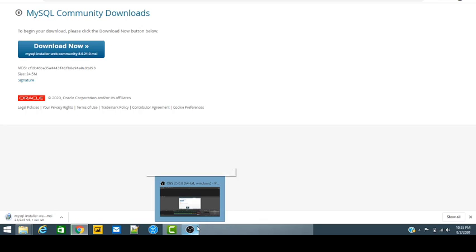So finally we got the page where we are going to download, and when we click on the download button, I think the page is loading slowly, so it will take some time.